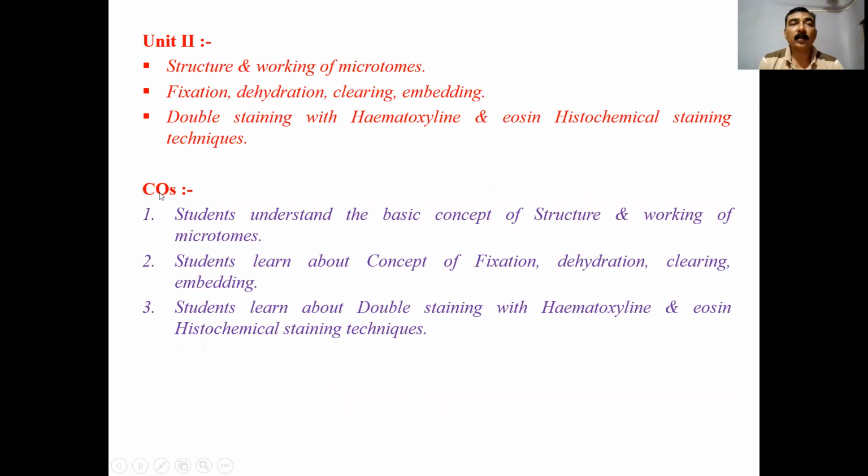Then we will see unit number 2. Unit number 2 includes the microtomes. First of all, structure and working of a microtome. There are rocking and rotatory microtomes. For light microscopy, with the help of these microtomes, we can take out sections of 2 micron to 8 micron, and there the rising shaft is there, advanced shaft is there, the razor holder is there, screws are there, and micron adjuster is there.